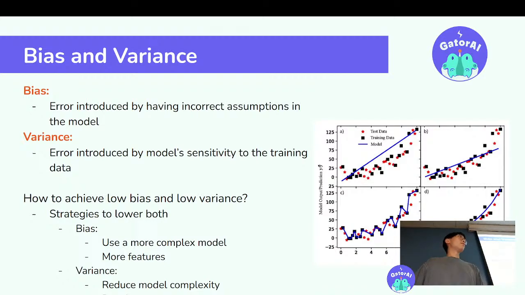Yes. High bias would be A and B because it's underfitting. Can you explain a little bit more about why it's underfitting here? Yeah, it's assuming just a linear trend, but it's really like D, it's more quadratic. C would be variance because it's just following the data that it's been trained on. But if it introduced anything new, then the pattern in C would probably not be generalizable. Does anybody want to provide more specifics on what A and B are, like low bias, high variance, low bias, low variance? You guys can take a little bit more time to look at it.